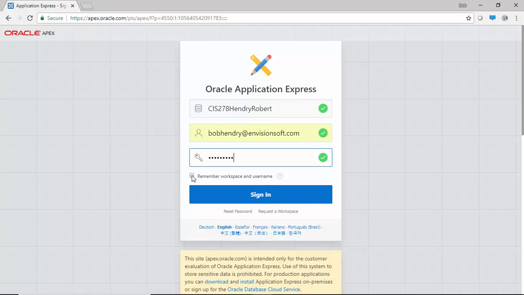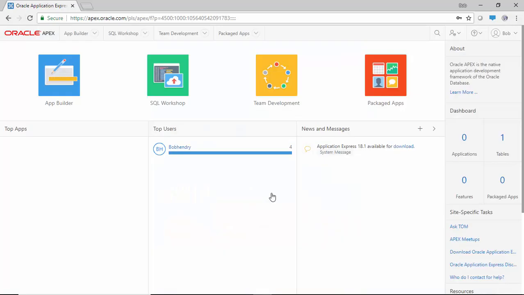You can also check this if you like, where it says remember workspace and username. You know what? I'm going to do that just for the heck of it, and then sign in. Now I have some pre-written data here for us. I have a simple table with a few rows in it. So we're going to be navigating and working within SQL Workshop right up here on the upper left-hand side. So I'm going to click on SQL Workshop,